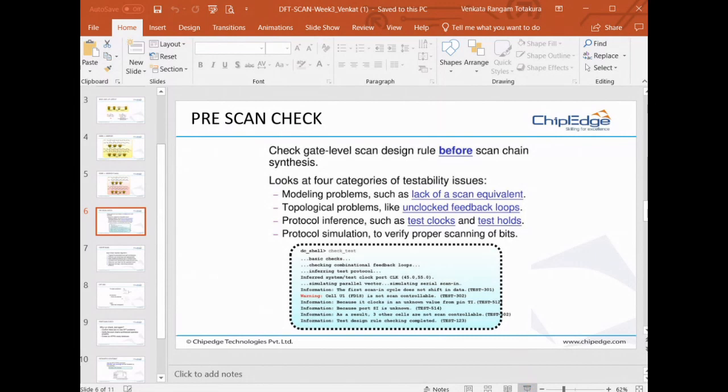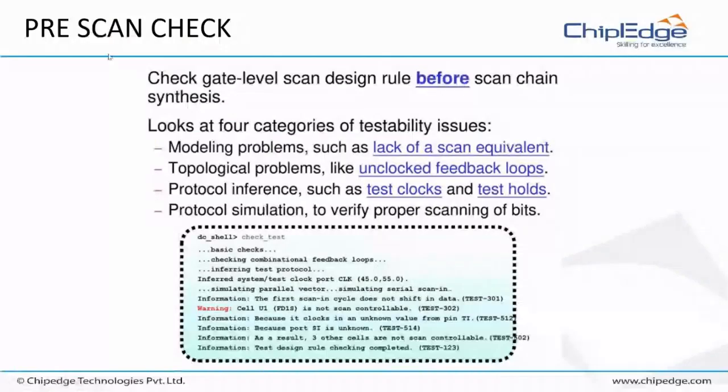Yes, this was discussed yesterday. Basically, when you do the pre-scan check, before you start inserting the scan chains, you do some checks. That's what we call a pre-DFT DRC, and it checks for lack of scan equivalents. Suppose in the library you don't have any scan equivalents,